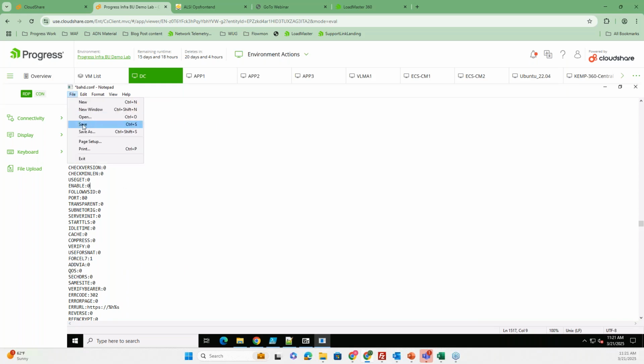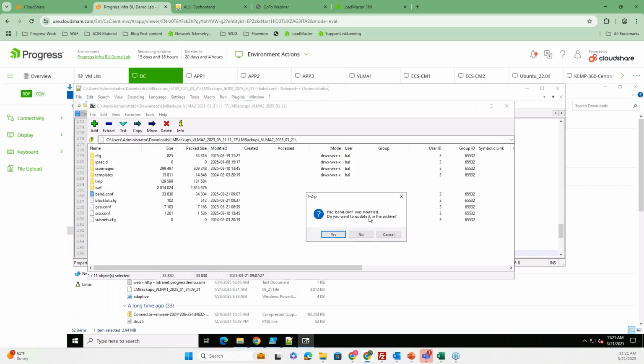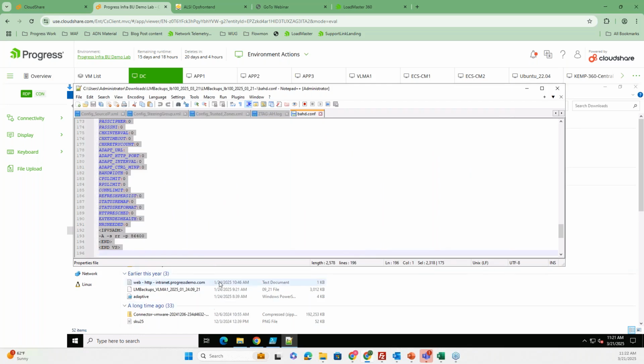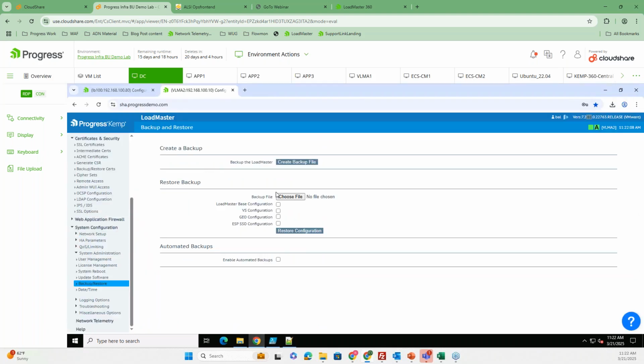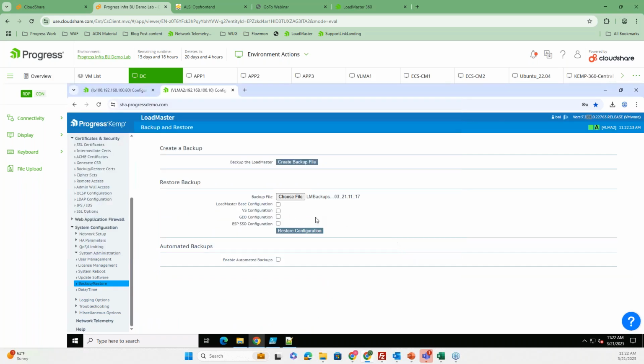And now you can save this file. And when you close it, he will ask you if you want to apply the change within the archive. Yes, I want. And then you can close that archive and apply the change to the second archive as well. Now it's updated. So my backup now has been updated with our current time. And I'm going to my HA pair again and restore my virtual services from the backup we modified.